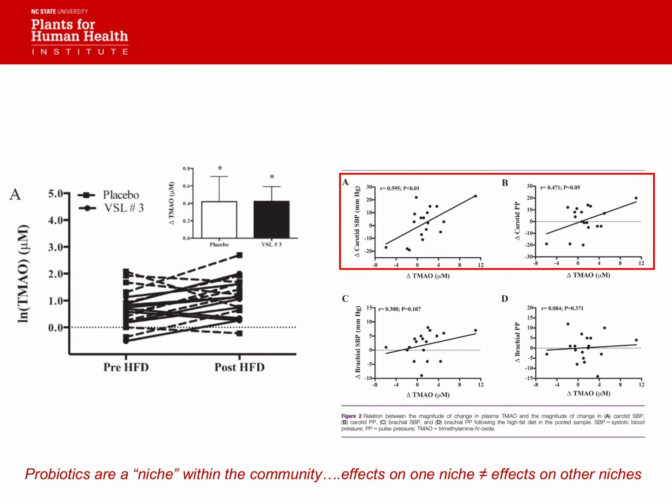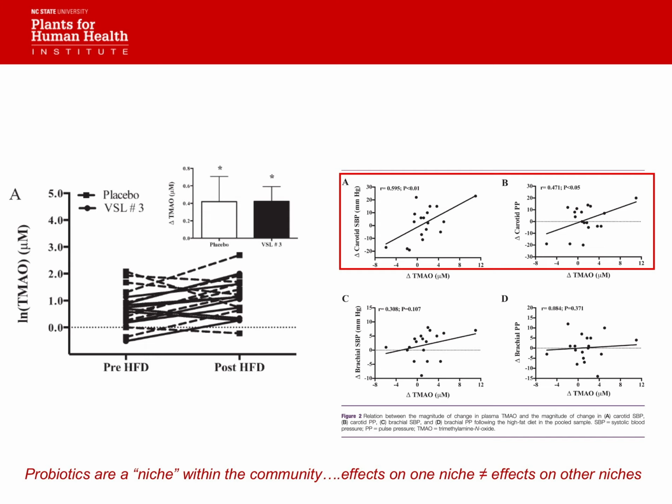These are the initial and final TMAO concentrations for all subjects, and this is the change in TMAO. If you subtract a subject's initial levels from their final levels, you can see that the high-fat diet increased TMAO production for both arms. Unfortunately, the VSL3 didn't do anything. A probiotic for a month did nothing to prevent these increases.